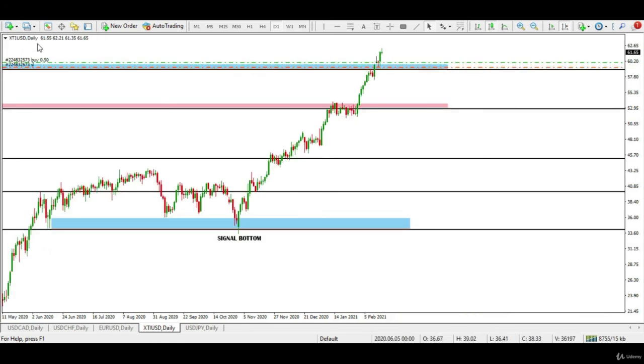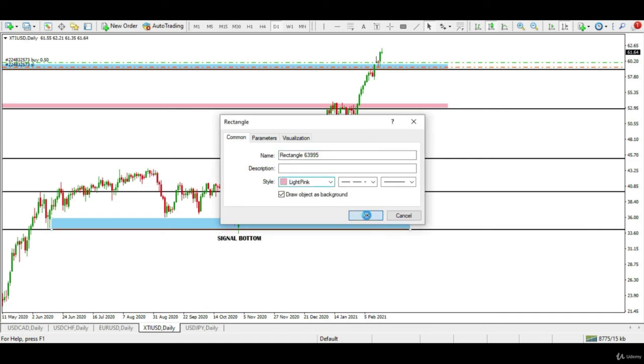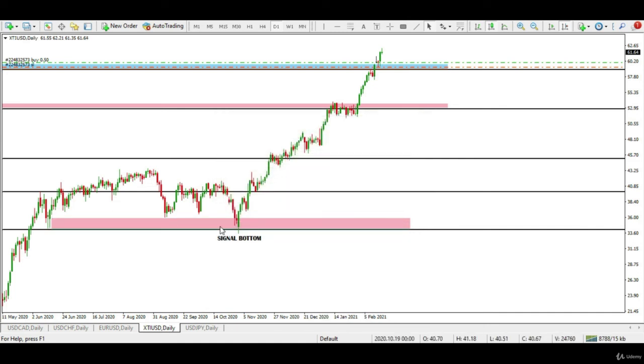The next example of a signal bottom is of crude oil daily chart. Notice once again the size of real body of this candle, guys. Larger the real body, bigger the preceding price action will be. Before this signal bottom, price was moving in a sideways trend, and then it rallied sharply once the bullish sentiment was confirmed by this formation.